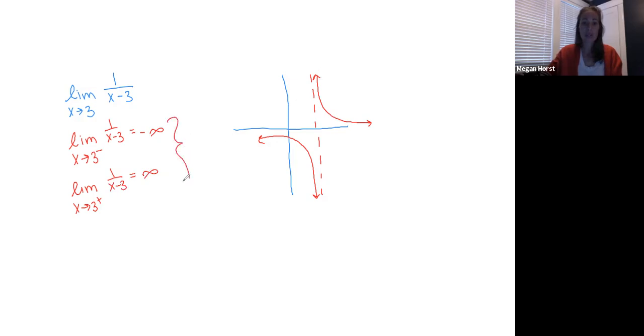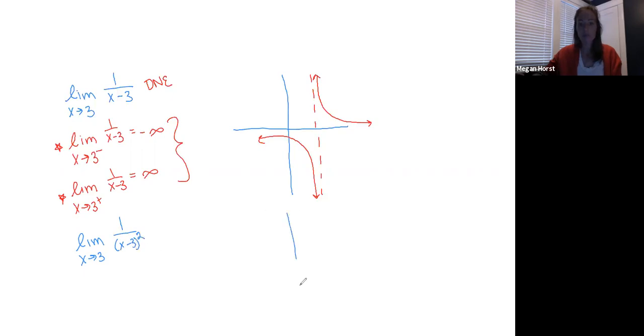Since these two do not match, we would say that this limit does not exist. So what you'll see in your homework is oftentimes it's either going to ask you from the left or from the right, not this whole piece. However, there are instances where that whole piece is going to go to infinity. Let's take, for example, the limit as x goes to 3 of 1 over (x minus 3) all